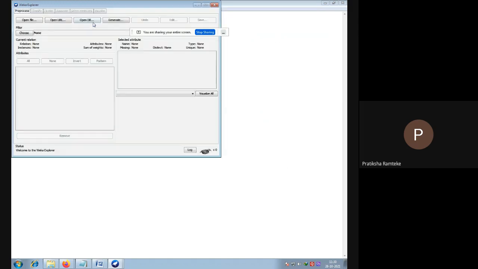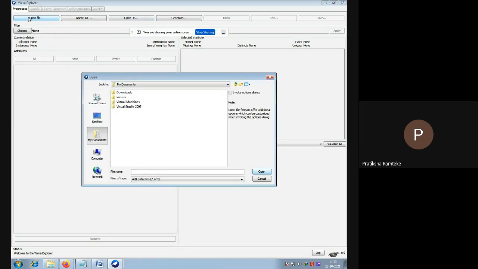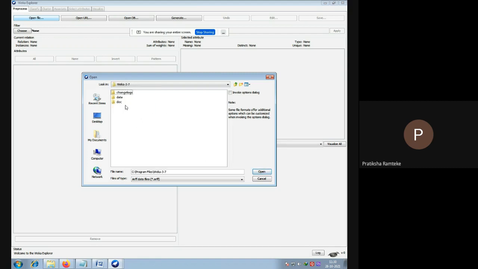Go to Explorer first, then open file, computer. This is the path of opening the dataset. Okay, local disk, program files, Weka, and data. The default data sets are already available in data.